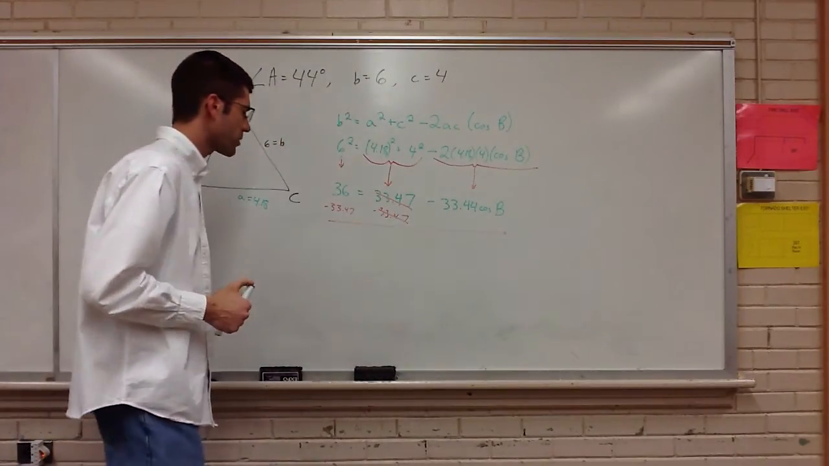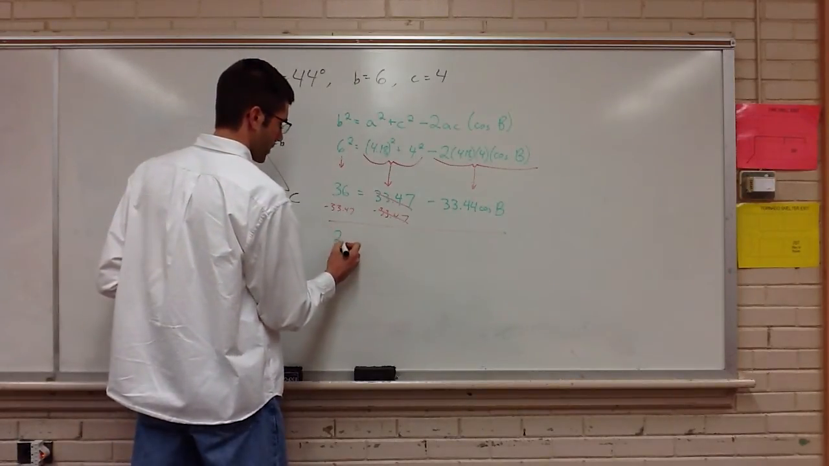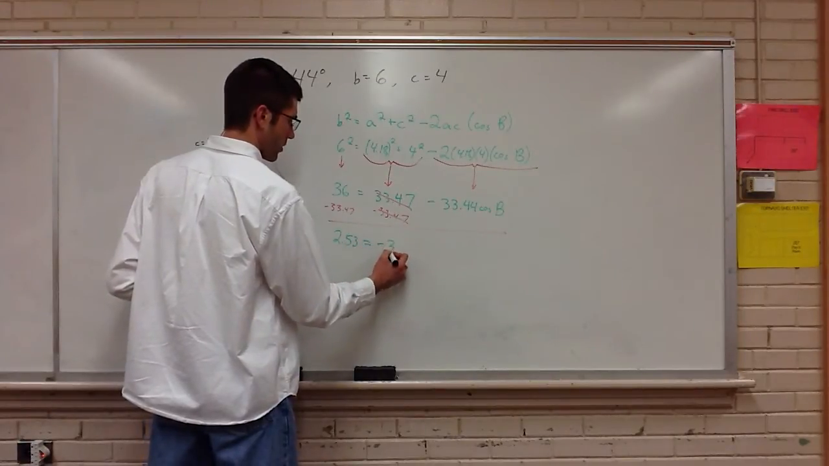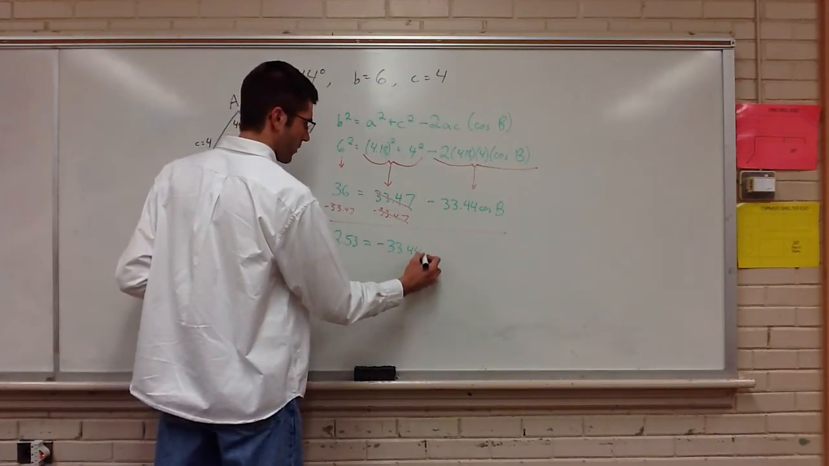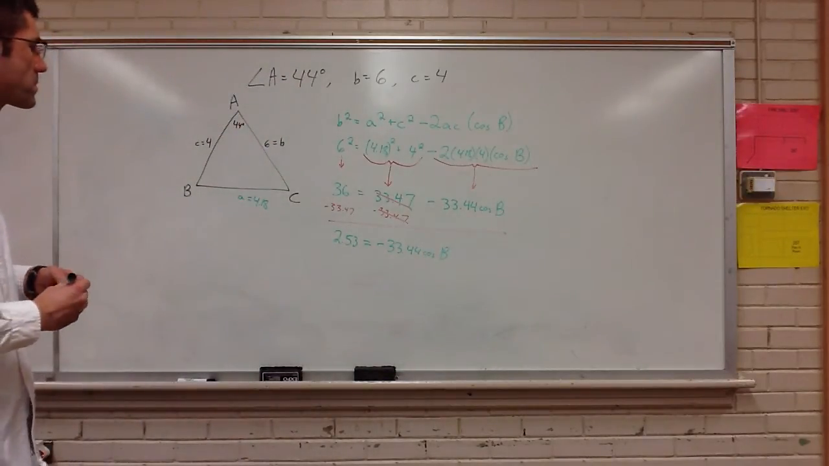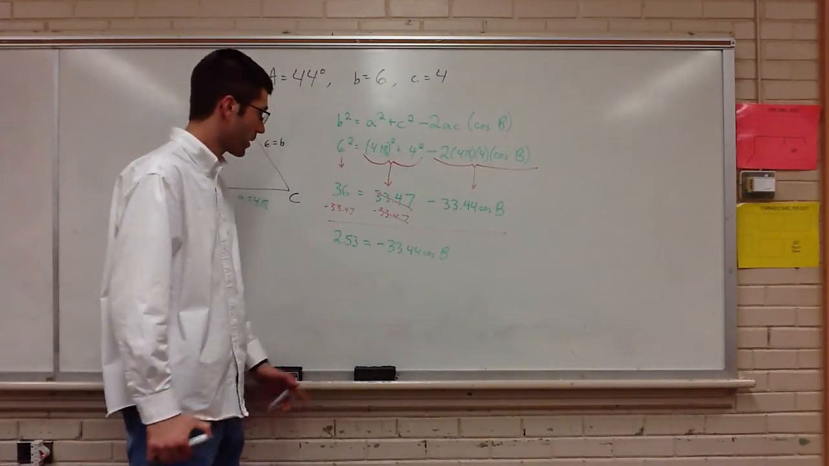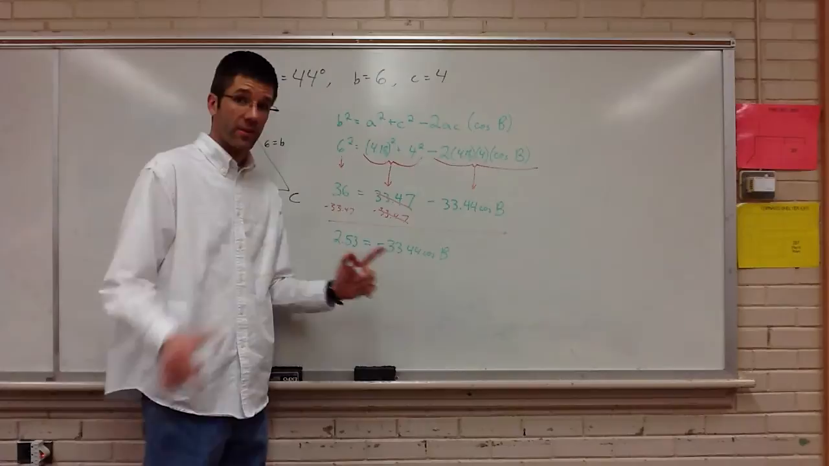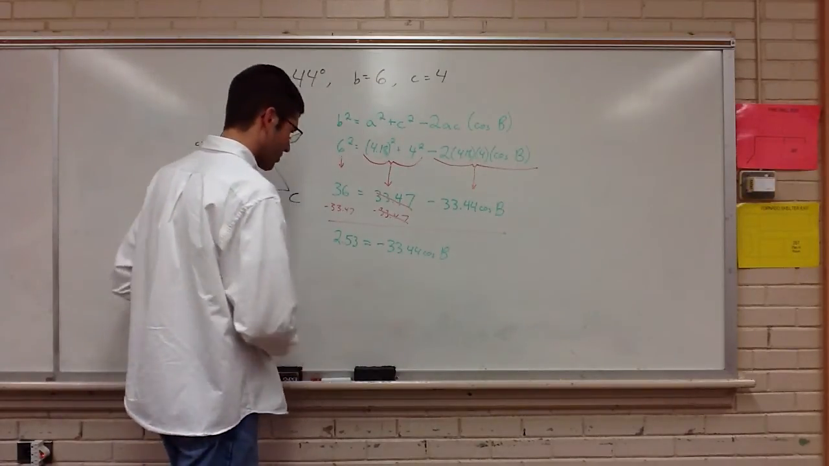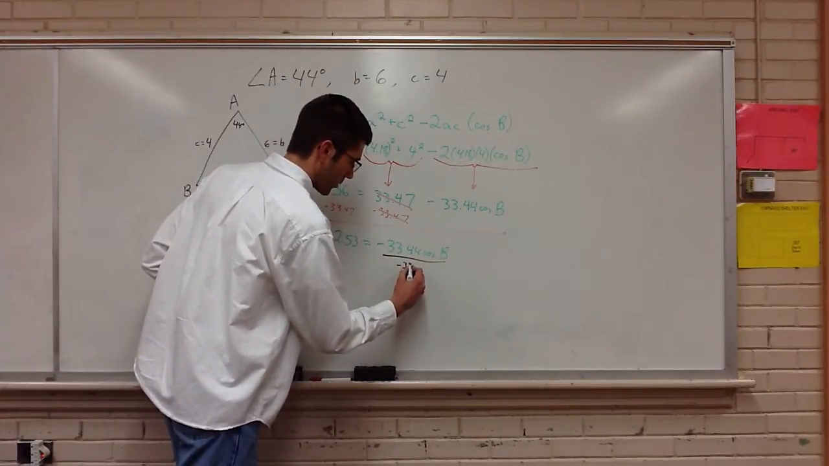So 36 minus 33.47 is 2.53. 2.53 equals negative 33.44 cosine B. Yeah, that's right, 2.53. All right. We're going to divide. This one's going to be negative, but that's okay. We will now divide. We'll switch colors for dividing. Black pen. Negative 33.44